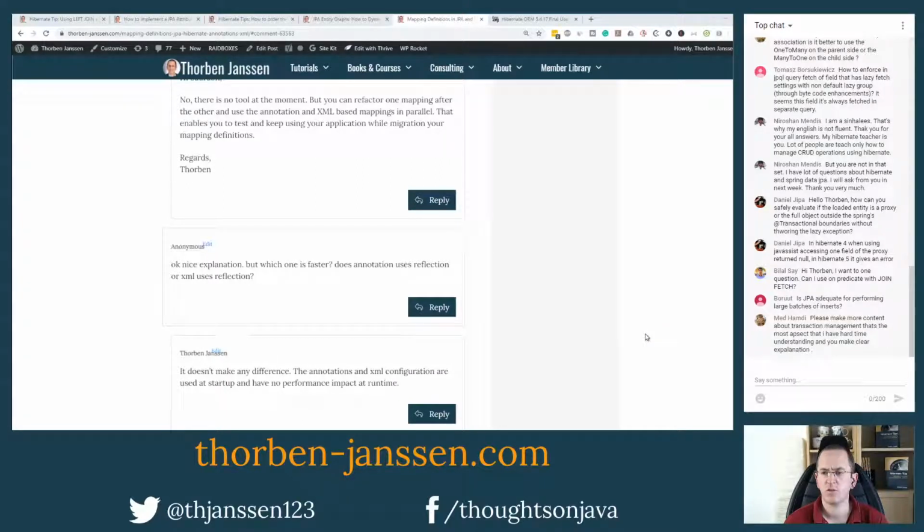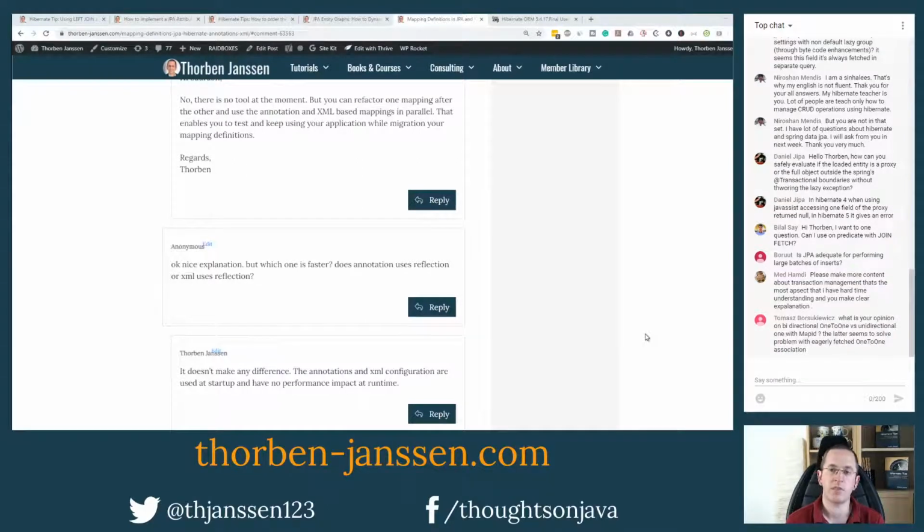Bilal asks, "Hi Thorben, I have one question. Can I use on predicate with join fetch?" No, you shouldn't use any predicates on a join fetch. In theory, you can cast your fetch interface to the join interface with Hibernate, not because there's any connection between these two interfaces in the JPA spec or on an interface level, but in Hibernate they get implemented by the same class. So that works in theory, but that breaks the query that you are creating. Well, the query, you can still execute the query, but the